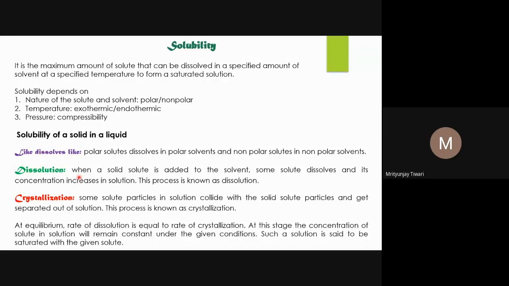Dissolution means, if there is a solute, particularly in this chapter, we will be focusing mostly on binary solutions. Binary solution means there are only two components to the solution, out of which one will be the solvent and another will be the solute. And which one is the solvent? The component which is in excess is the solvent, and the one which is in a small amount, we consider as the solute.